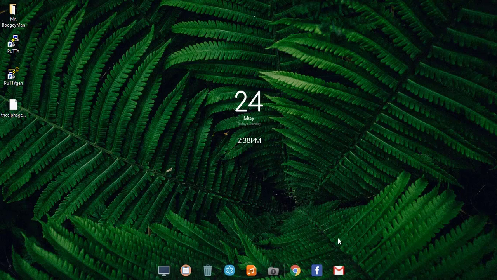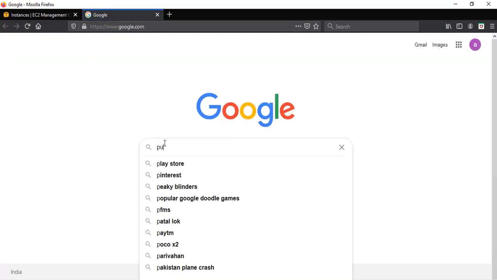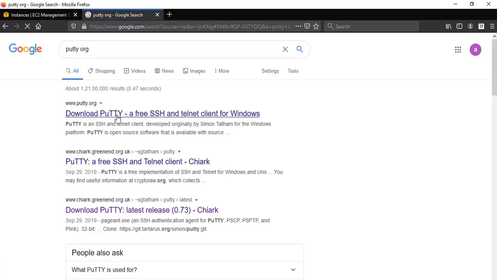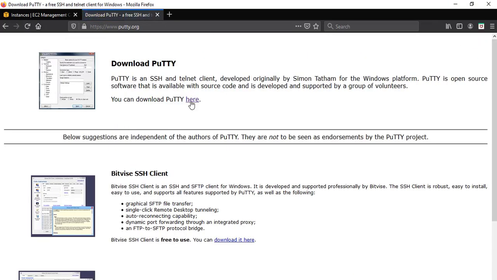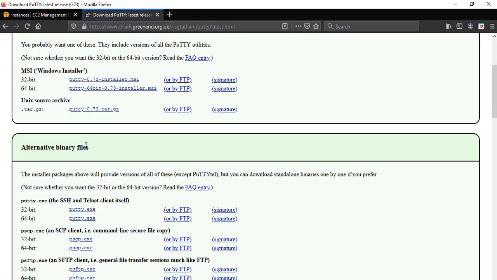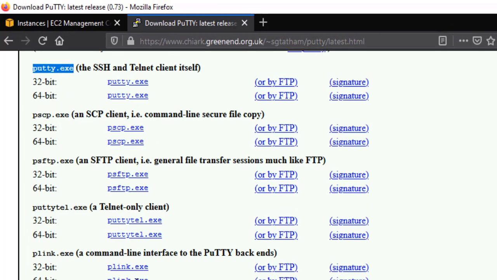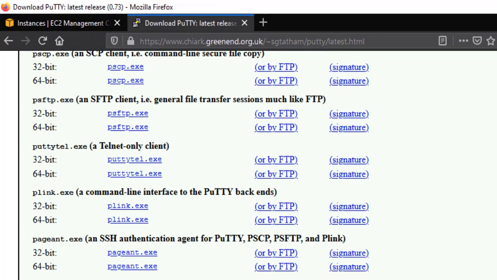For this we need the PEM file that we have already downloaded. This is the PEM file. I put it on my desktop, and we need PuTTY. To get PuTTY you can google putty.org and go to putty.org. From here download the putty.exe file, either 64 or 32-bit, and download PuTTYgen.